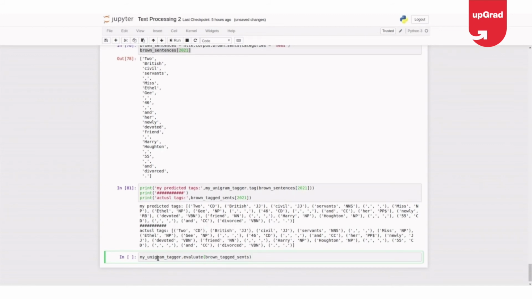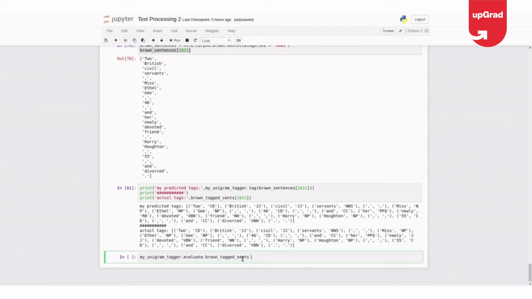Okay, it is predicting each word and also comparing with the actual value. I think everyone who is already working on machine learning can understand what is test and train data set and how we evaluate our test values.